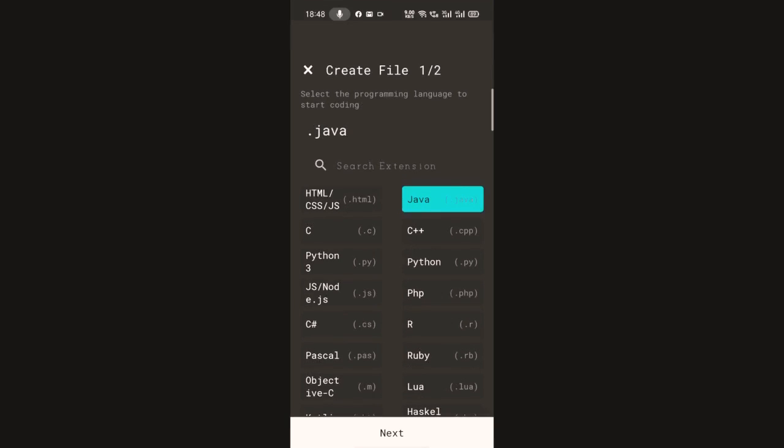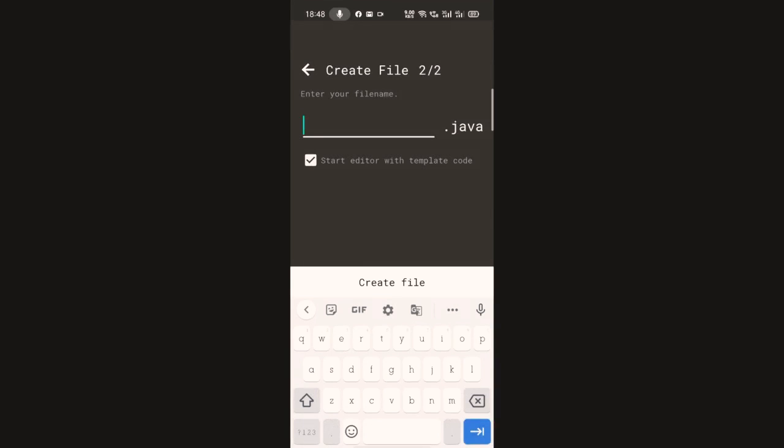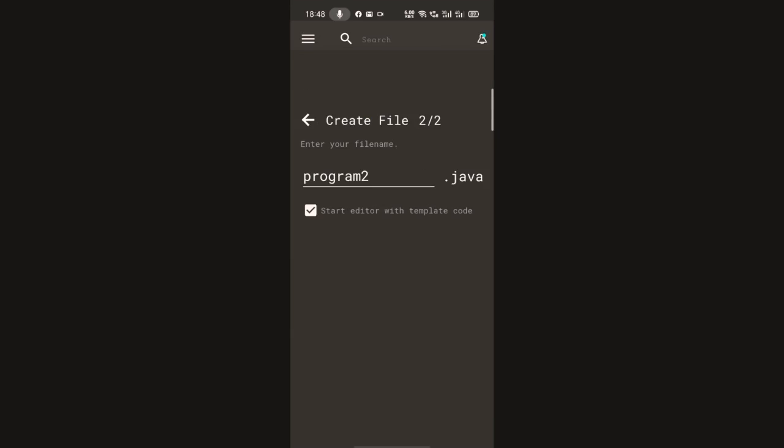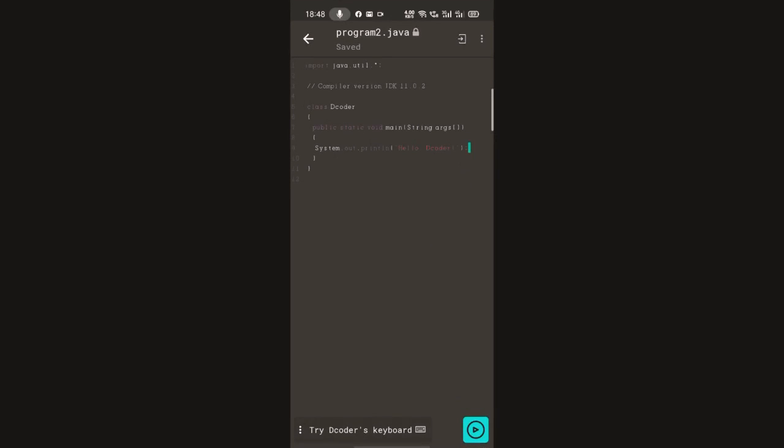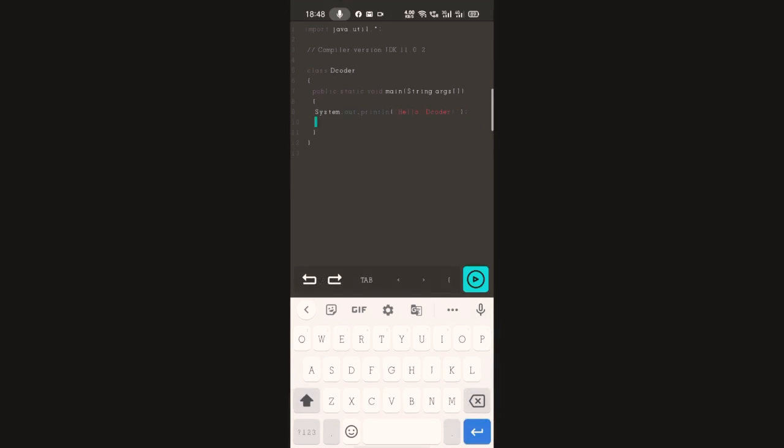Let's create a file, Java program 2. This is the place where we will write the code. Let's start by writing system.out.println. Here let's use the first escape sequence that we have learned, the tab.